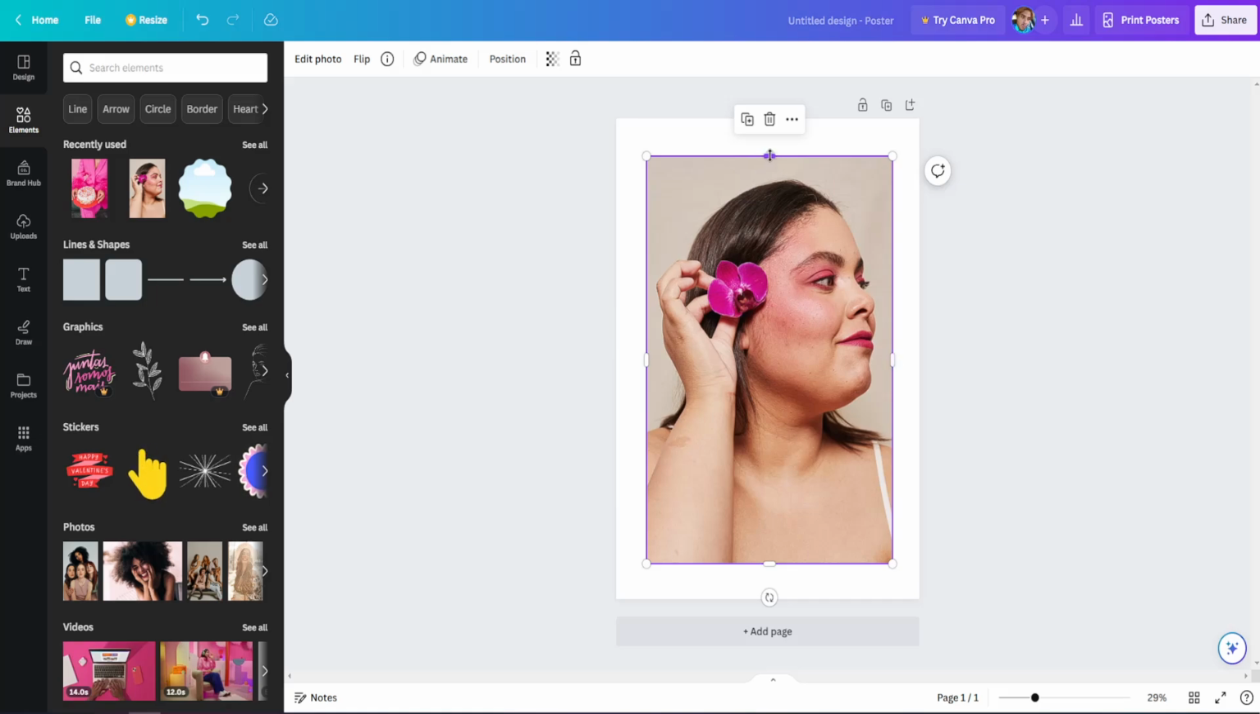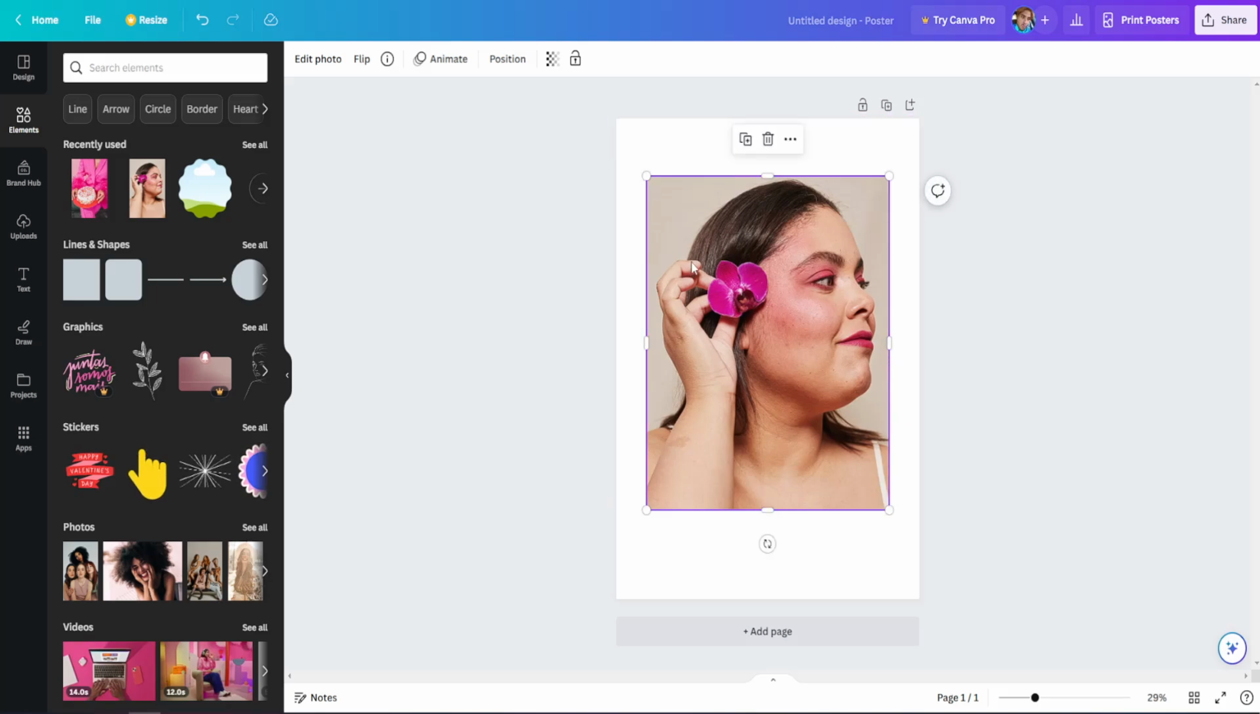If you want to crop part of the top, you drag it down. If you want to crop part of the bottom, you drag it up, so on and so forth. That is how we crop